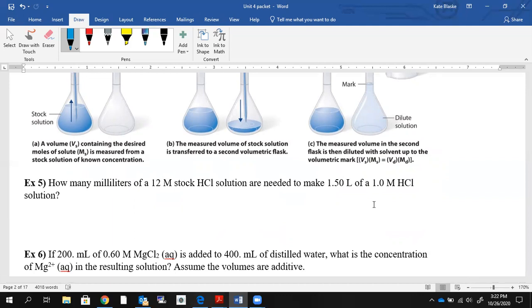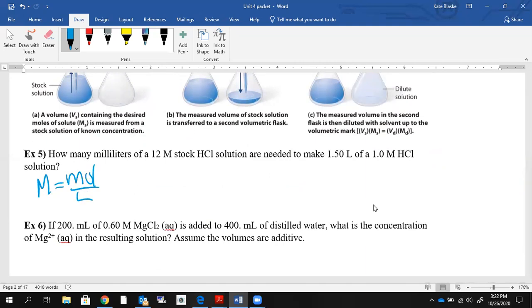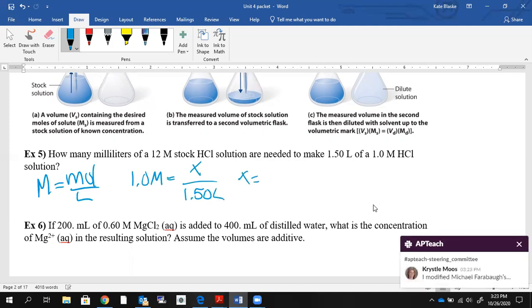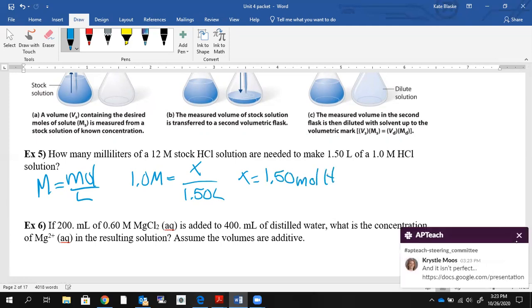So example number 5 says, how many milliliters of a 12 molar stock hydrochloric acid solution are needed to make 1.5 liters of a 0.1 molar hydrochloric acid solution? So if molarity is moles over liters, I want to make a 0.1 molar solution. I want to know how many moles I need to do that if I need to make that solution be 1.5 liters. I do my math. That tells me that I need 1.50 moles of HCl